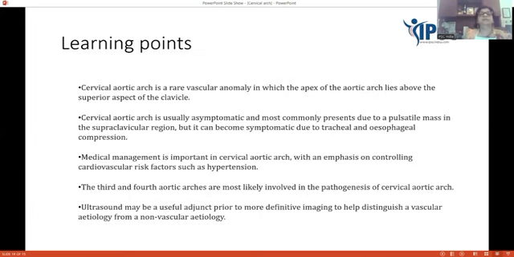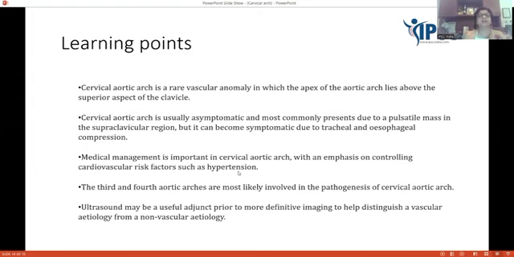So the learning points from this: cervical aortic arch is a rare vascular anomaly in which the apex of the aortic arch lies above the superior aspect of the clavicle. Cervical aortic arch is usually asymptomatic and mostly presents due to the presence of a pulsatile mass in the supraclavicular region, but it can be symptomatic due to tracheal and esophageal compression. The medical management is important in cervical aortic arch, with an emphasis on controlling the cardiovascular risk